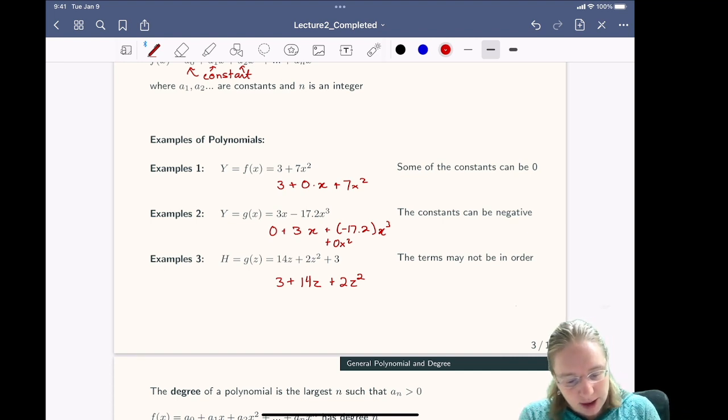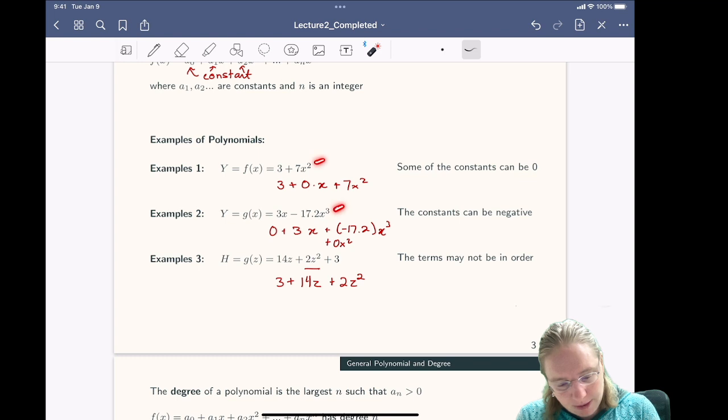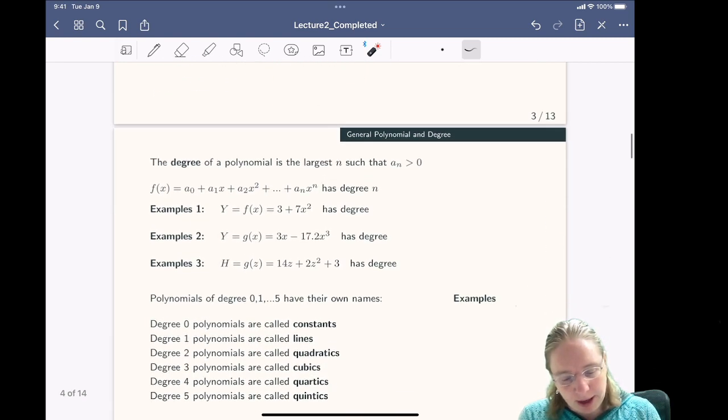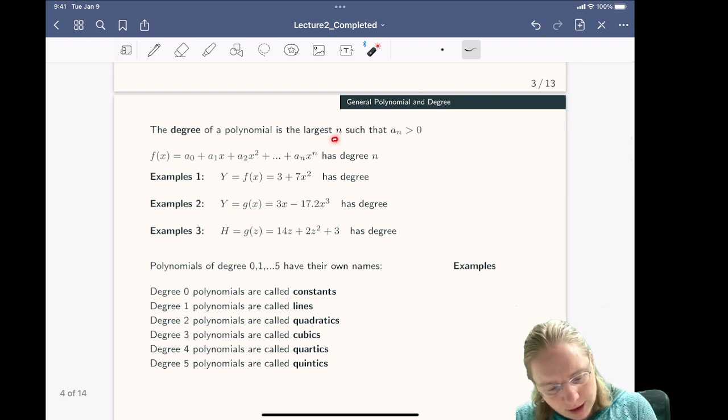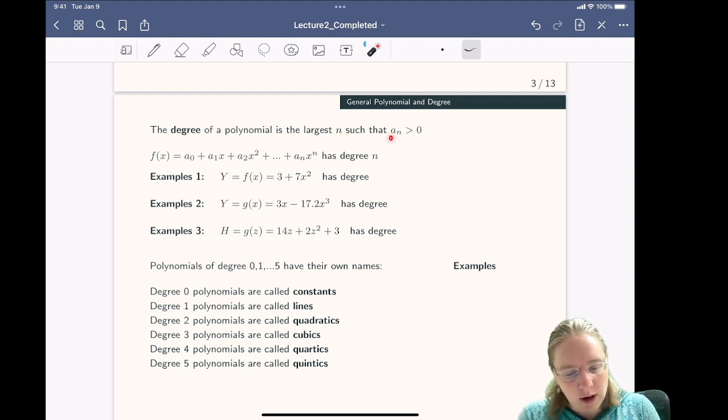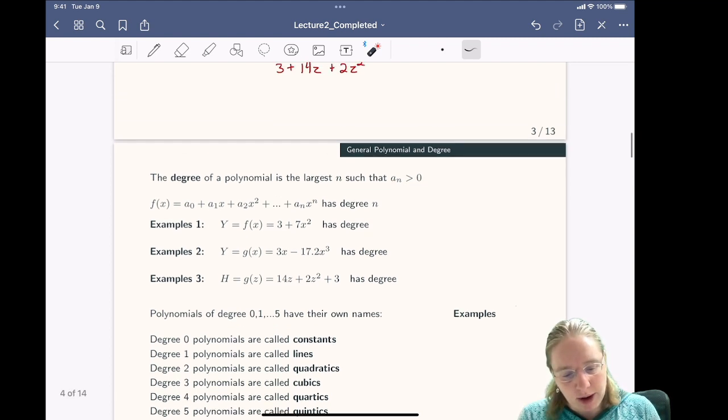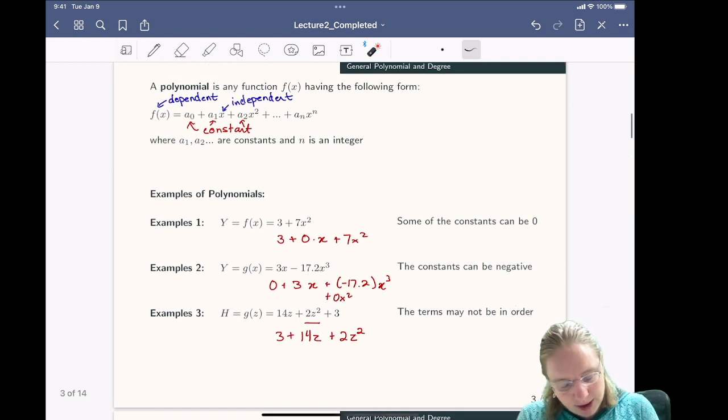Now, I've mentioned this highest term, so here we have a squared term, here we have a cubed term, and here we have a squared term, and we call that term the degree of the polynomial. So the degree of the polynomial is the largest value of n such that the constant an is not 0. So in this previous example, we could add an additional term to this here, which is 0z cubed, and